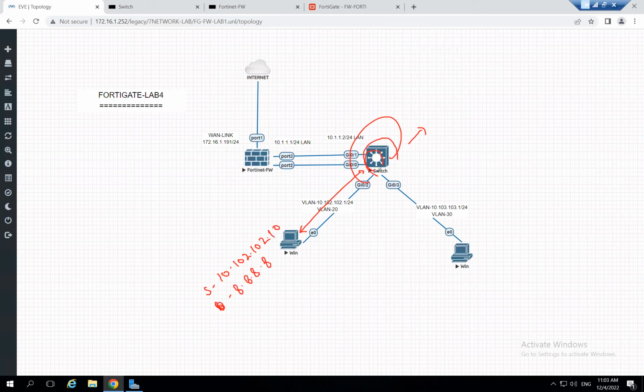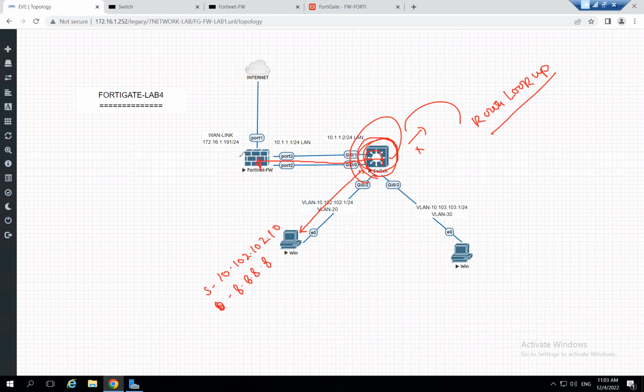So it sends your traffic to the switch. The switch will perform a route lookup. If the routing table has a route, then only it allows, otherwise it drops. So in order to pass your traffic from this switch, we have to add one default route towards this particular